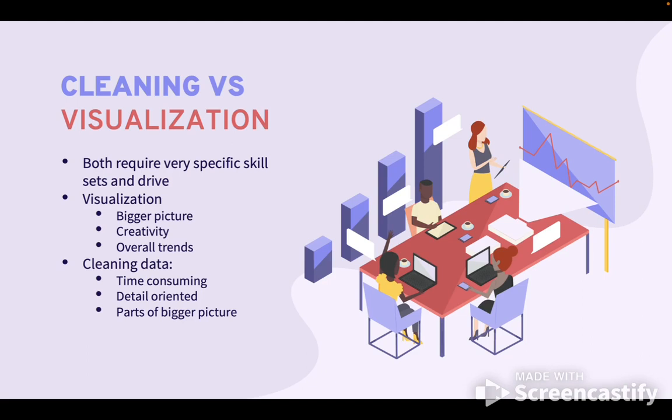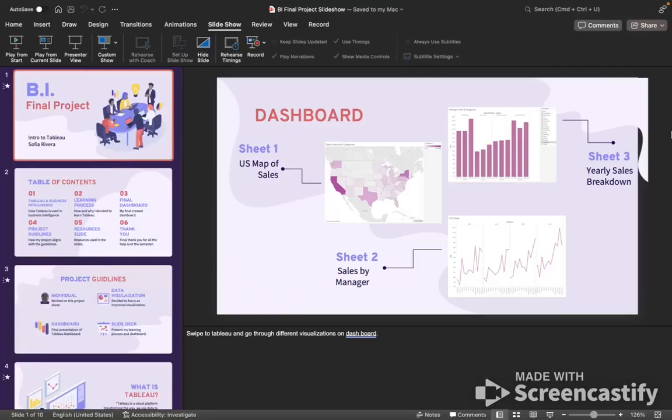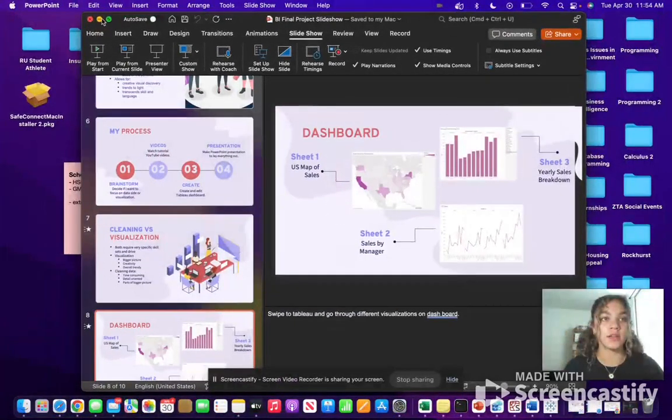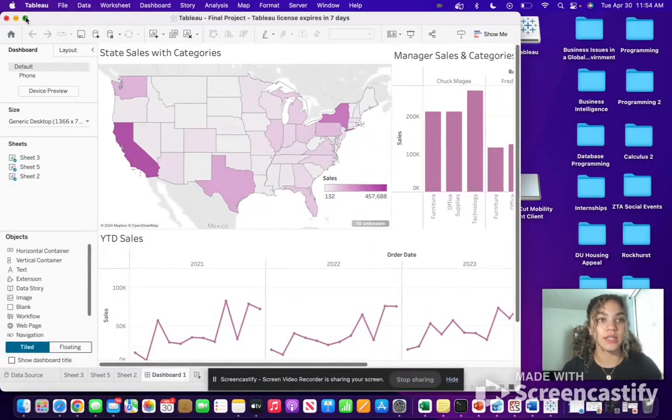So yes, basically through this whole process, I learned cleaning isn't really my forte at the moment. I think maybe if I knew a little more information about it, a little more how to go into it, I could see myself enjoying it, but that was not me at the time, and for now I will stick with the visualizations. So this next part, I'm going to actually get into Tableau and my visualizations. So let me open that. Okay, so this is my